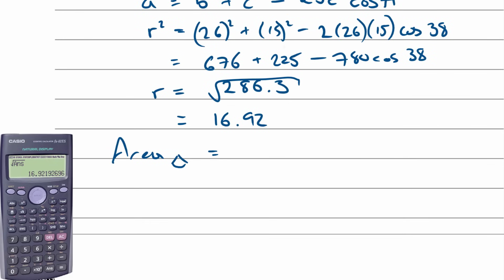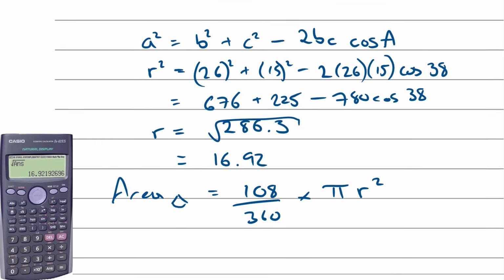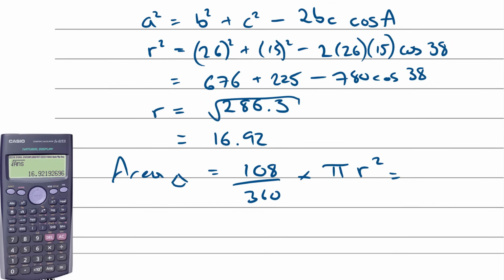So the angle is 108, so it's going to be 108/360ths of the area of the circle, which is pi times r squared, which in this case is going to be 108/360 times pi times 16.92